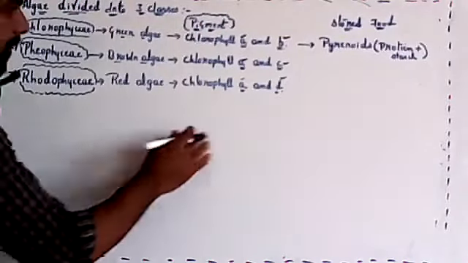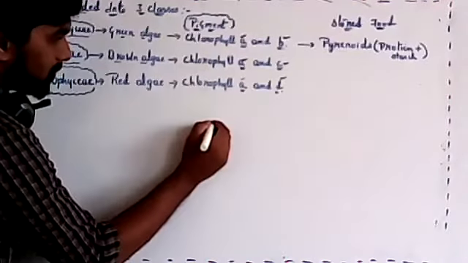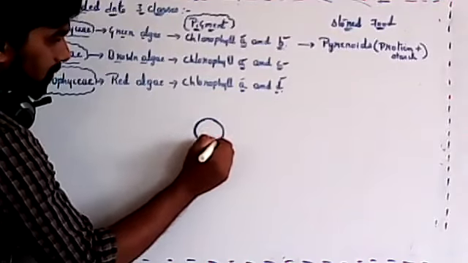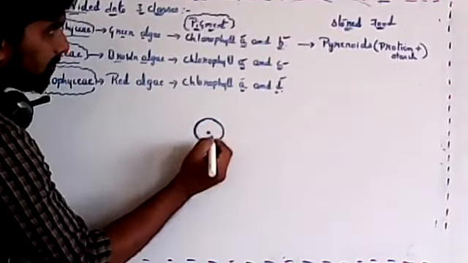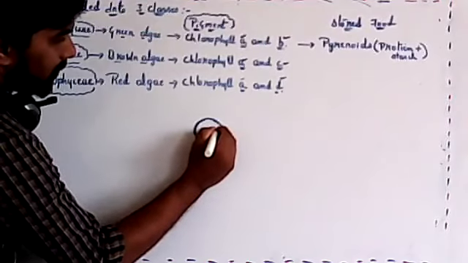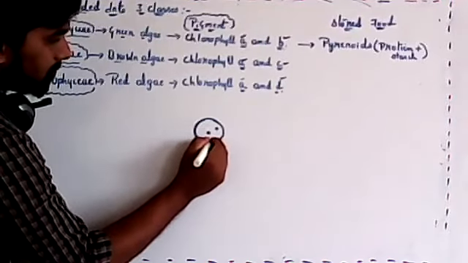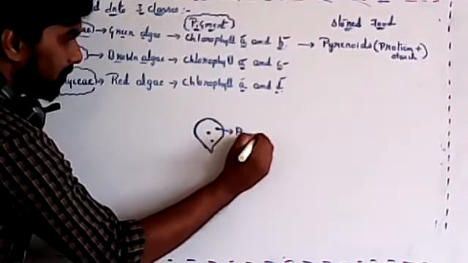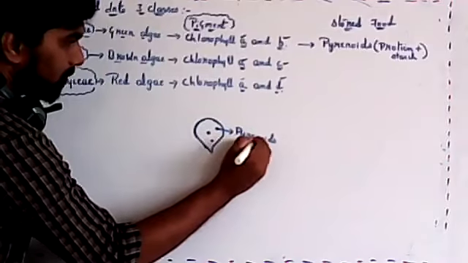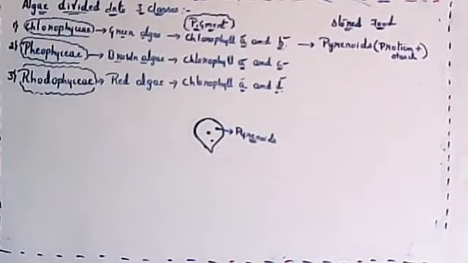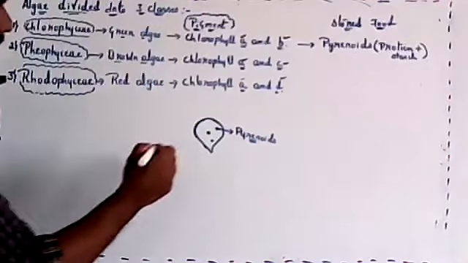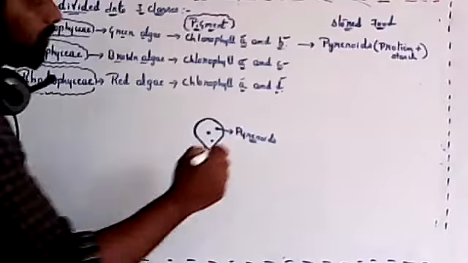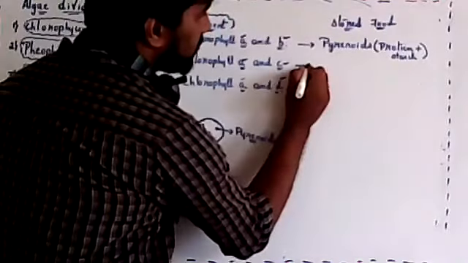Okay. So inside the green algae, for example, Chlamydomonas we will take. In the center there will be a nucleus and stored food will be present in the cytoplasm. So these stored foods are called pyrenoids. It will synthesize food with the help of photosynthesis and it will store that food inside. So that is called pyrenoids. Stored food is pyrenoids. So what is pyrenoids? Protein plus starch is called pyrenoids.